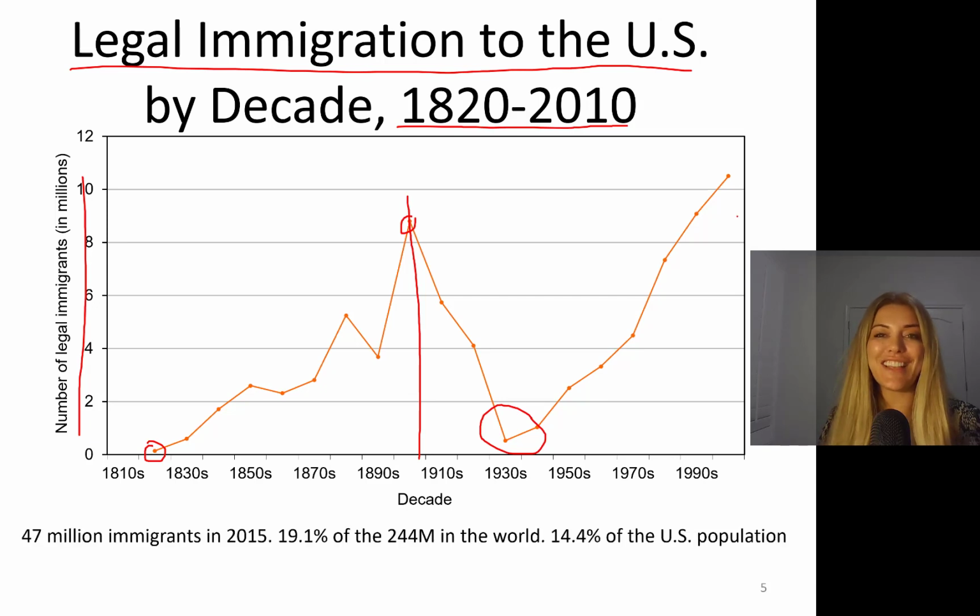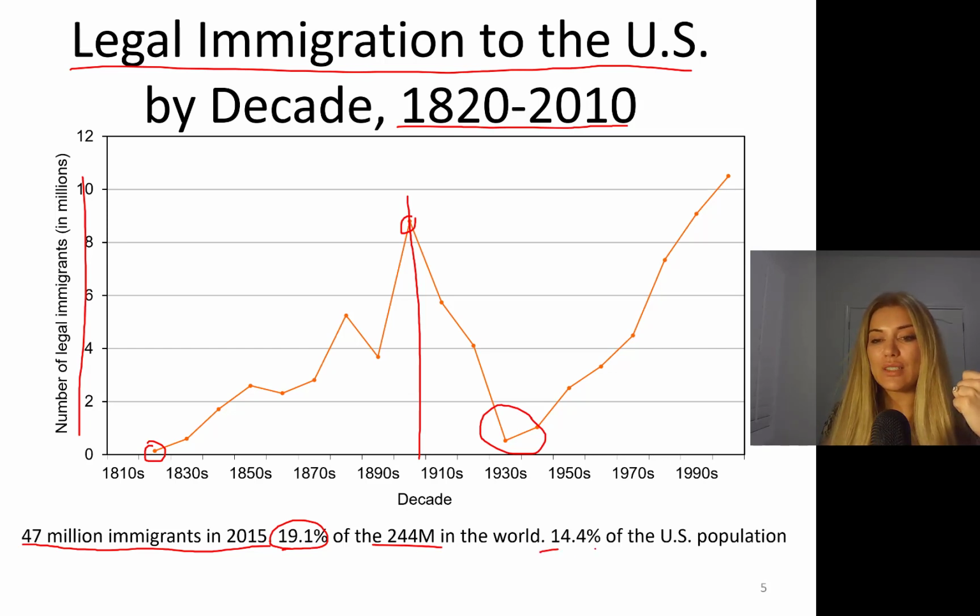million immigrants each decade. Okay, so we had 47 million first generation immigrants in the United States. First generation means they just entered the country foreign born. Okay, and this is the 19.1% of the world's 244 million immigrants. Okay, so worldwide immigrant population is more than 200 million, and almost 20% of it is United States.